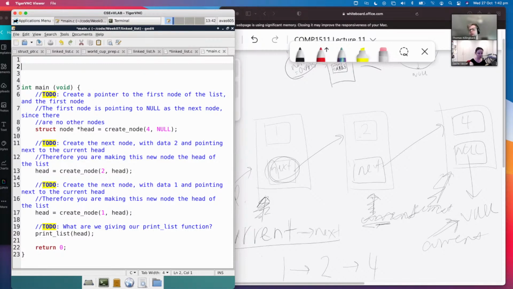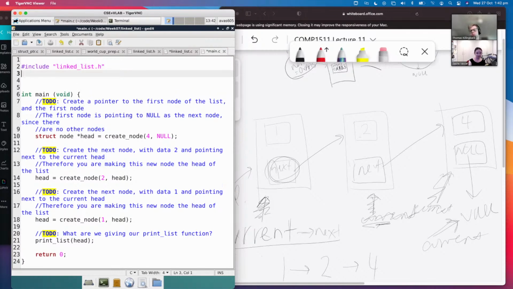So I would imagine that I don't need to include that. So what do we need to include? What else? Okay, so we need to include our header file. And then are we using anything else in here that might need